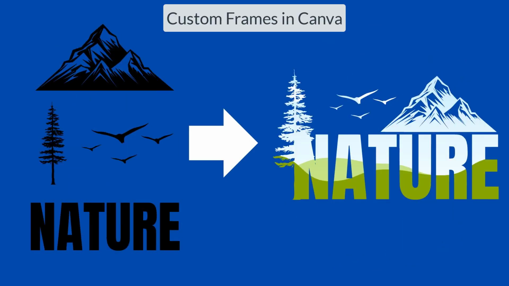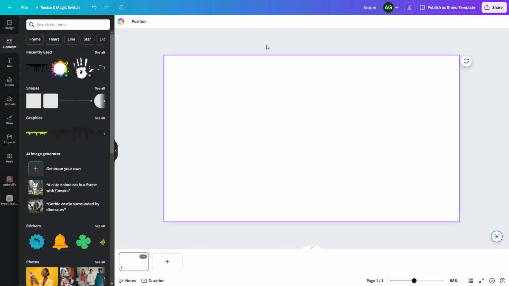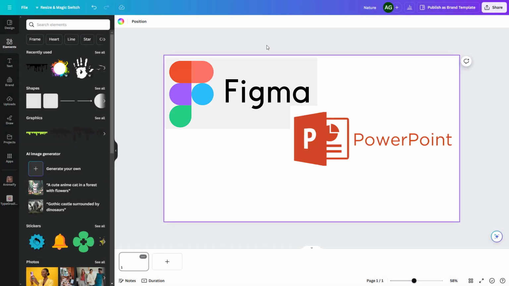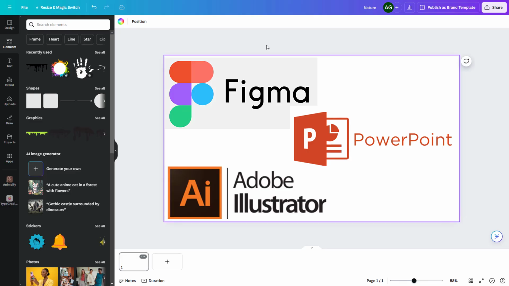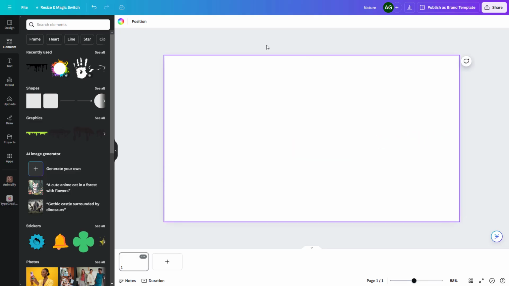So let's dive in. Many people believe that you need tools like Figma, PowerPoint or Illustrator for this task. In reality, it's quite simple. I'll guide you through the process step by step. If you stay tuned till the end, I will provide some advice on how to keep your custom frames organized